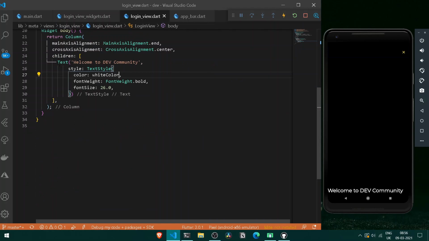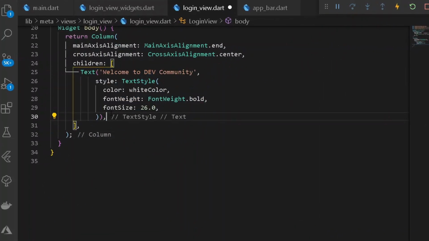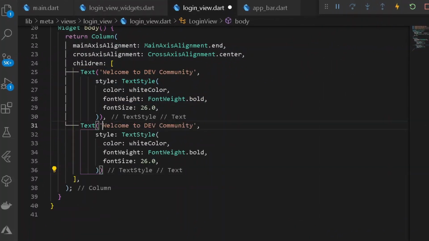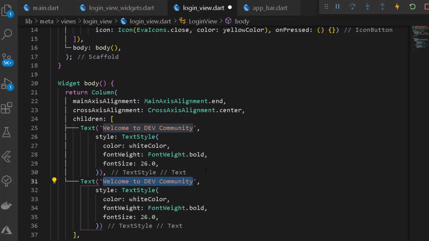So after having the following text we shall also be requiring one more text, that is a text widget. So here under this text widget we shall be simply having a new rich text for simply counting all of the users that are available under our entire application. But you know what, the following process of counting the users shall be asynchronous, and it comes under a new service for our application, so that the following widget shall be counting the entire number of users that are available under our entire dev community app.